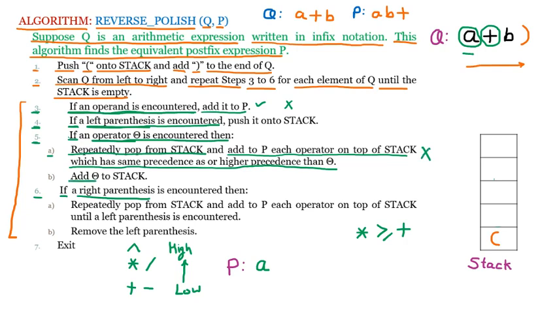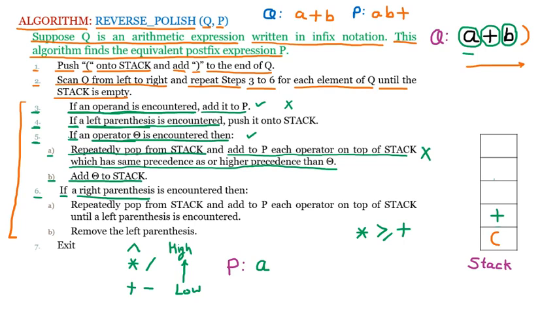Add operator onto the stack. So by this line B we are going to put the plus onto the stack. So plus will come here. Then afterward it will go back because line number 5 is executed. In this case, for plus, line number 5 is executed, so it will go back and check for the next symbol, and the next symbol scanned is B. So this time the next symbol is B.